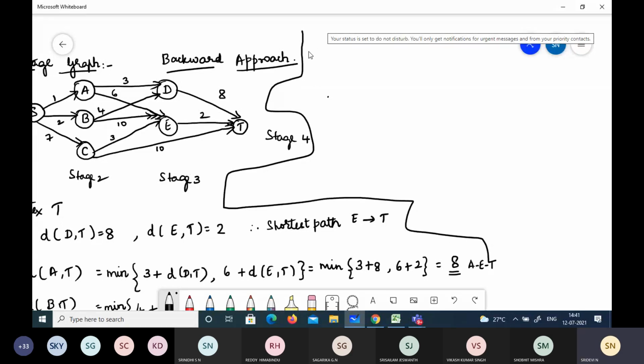Let's try it over here, forward approach. Okay. So first, stage 1, we start from the starting vertex. And in stage 2, look here,